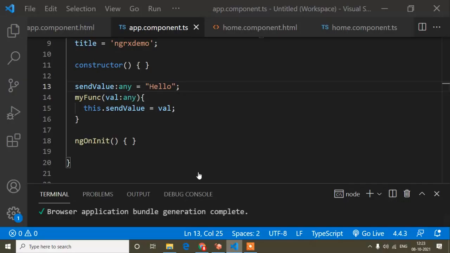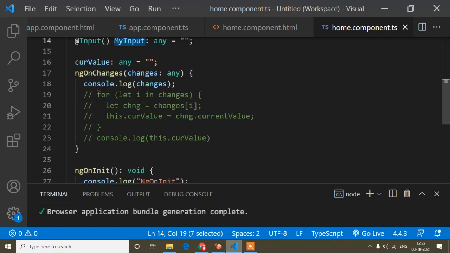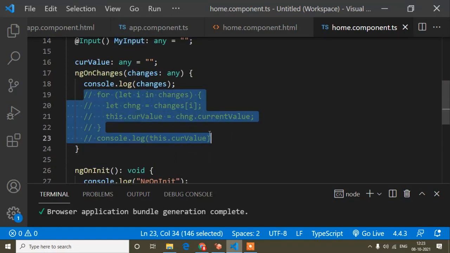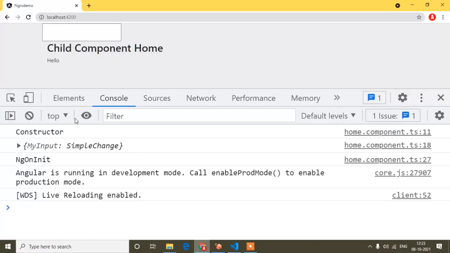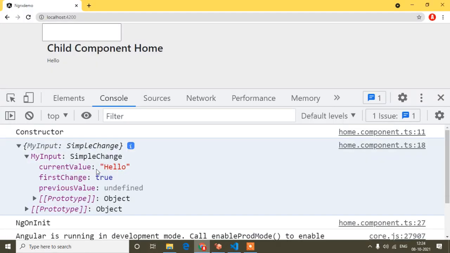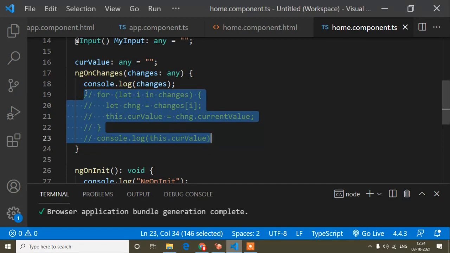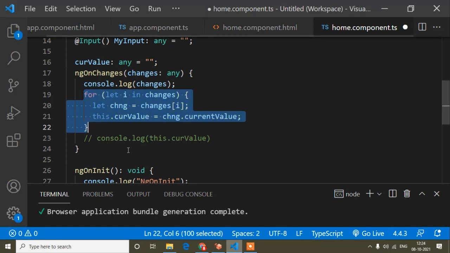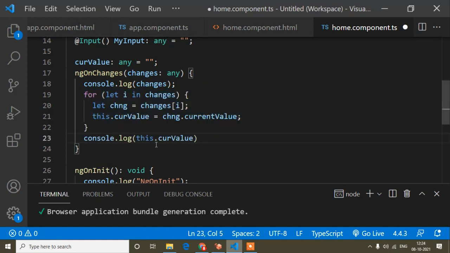I hope this is clear. But now suppose I'm sending hello initially. Here is the scenario, and what I have done here, I have to show. Here I'm getting all this object, right? From here I just have to take the current value, because I need that for showing this example. So how can you do that? This is coming via an object, so I have written a for in loop. If you don't know what a for in loop is, watch my JavaScript tutorial, where I already discussed it very deeply. So this one, and after that I was just extracting the current value only from here.